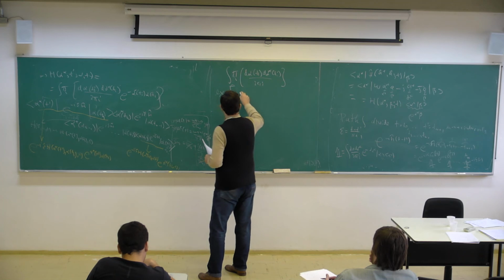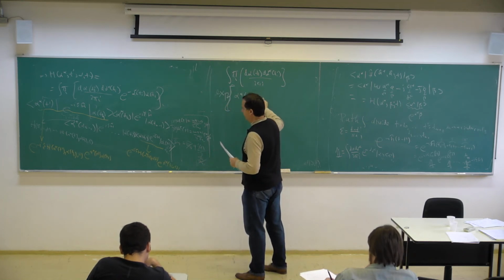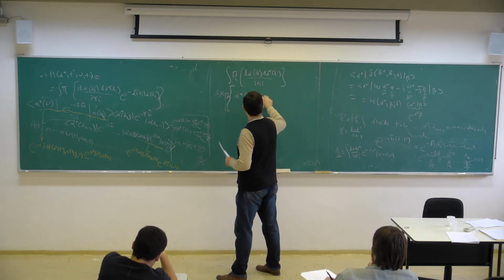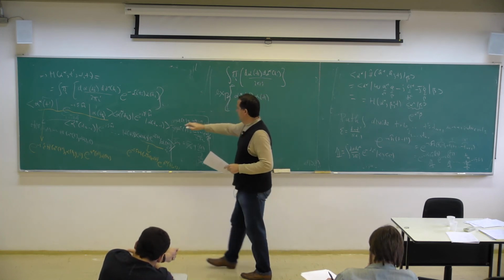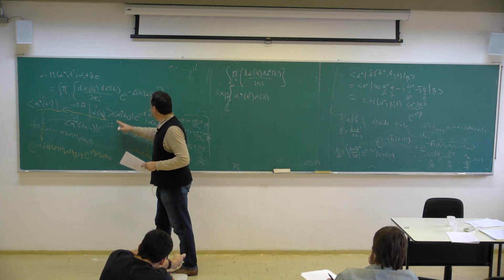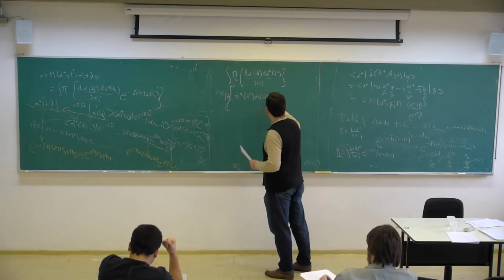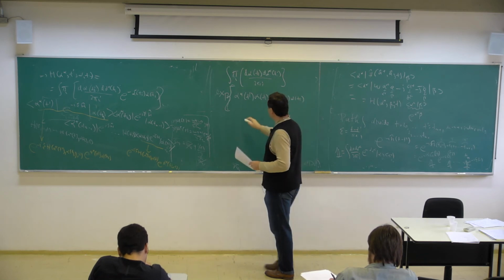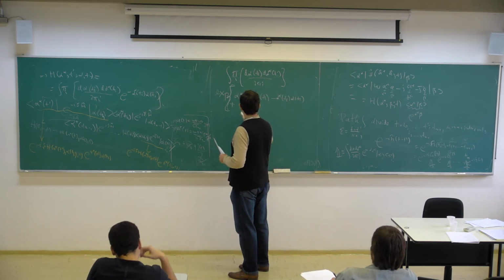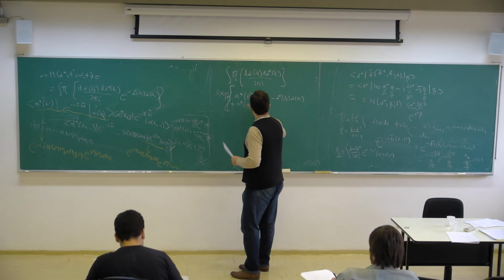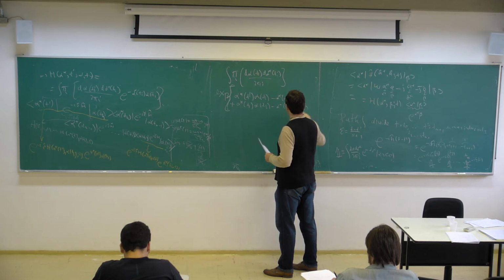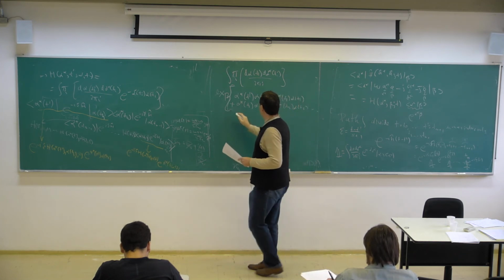So alpha star t prime alpha t1, and then minus alpha star t1 alpha t1, then plus alpha star t1 alpha t2 minus alpha star t2 alpha t2, dot dot dot until